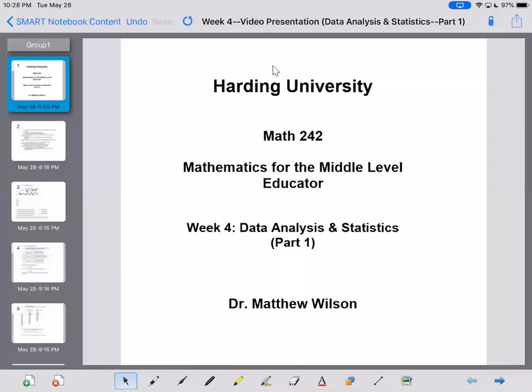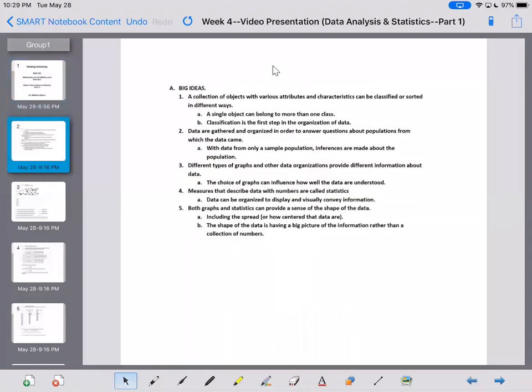So this is week 4 of Math 242, and we'll look at data analysis and statistics, and this will be a two-part. The first part will be with week 4, and the second part will be with week 5. So when we look at the big ideas, we're going to start with grade 1, and we'll move to grade 6, and we'll look at different ways that we can organize data and different ways to